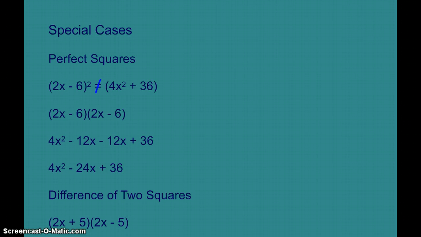Then we get into our FOIL or our distribution or whatever you would like to call it, where we have to do 2x times 2x, giving us 4x squared, 2x times negative 6, which is negative 12x,